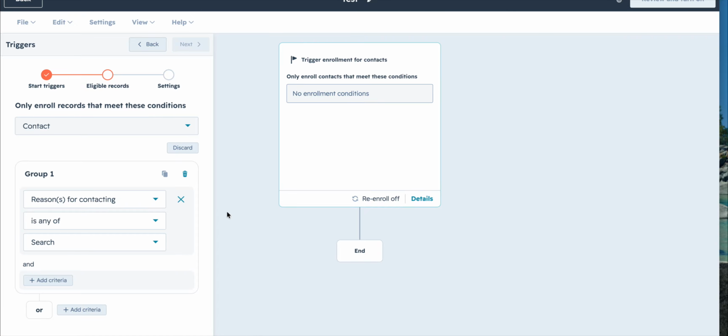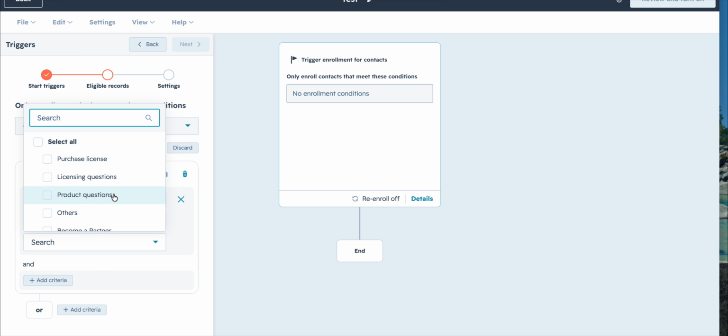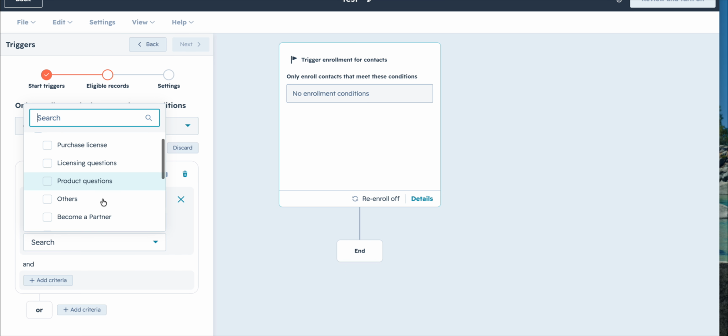There are some properties that exist in HubSpot by default. You can also create your own contact properties inside HubSpot. We will also cover that in a detailed video, and then you can map these properties with your website. So for example, somebody lands on your website and fills out a form, or maybe clicks on a button. They choose different things, like why they are contacting. Or let's say in my case, they can request a license purchase, they have a license question, they want to